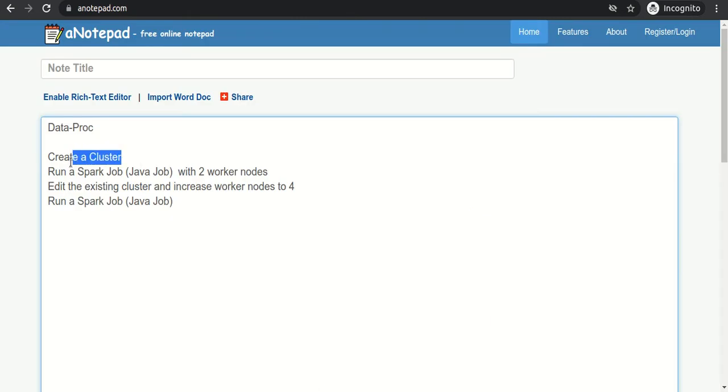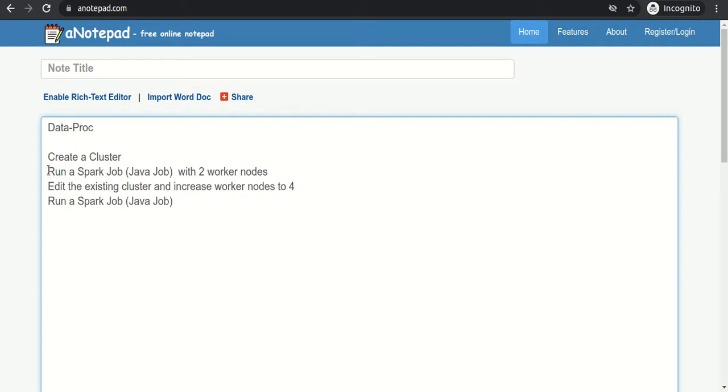So first we need to create a cluster, which is nothing but a group of virtual machines. So rather than creating individual virtual machines and interconnecting them, we will just create a cluster, and automatically at the back end, n number of virtual machines will be created for us.